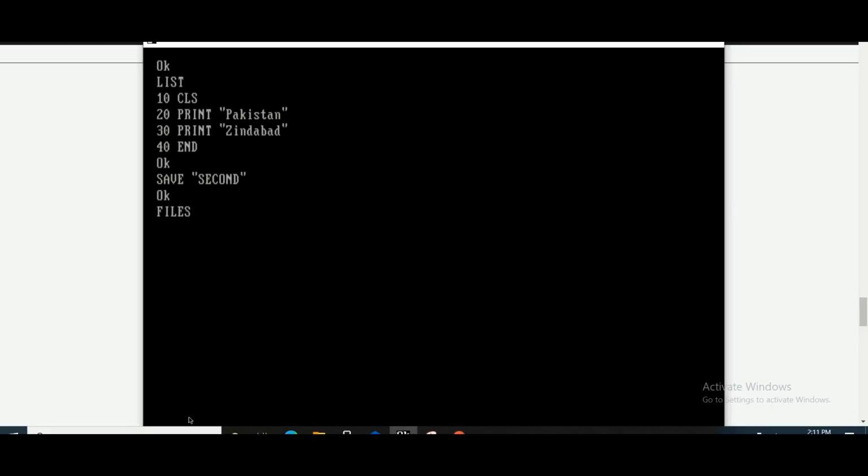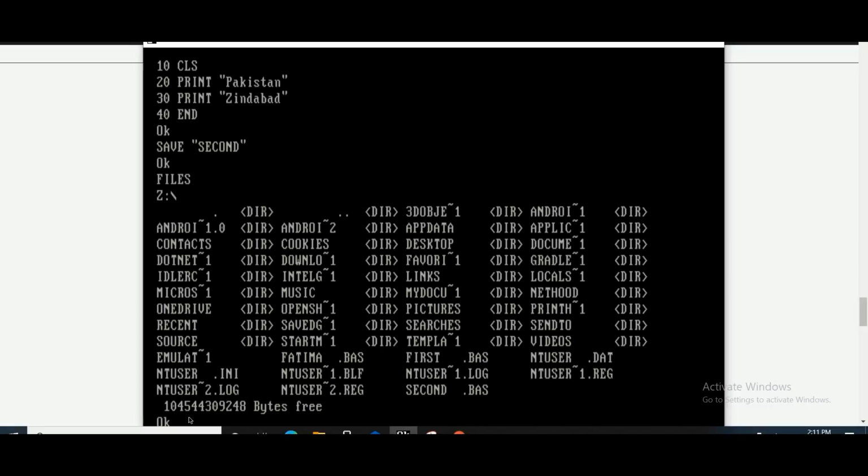Now let's see whether this file has been saved or not. When I use files command, you can see second.bas has come here. So it means that my program has been saved with the name second.bas. Mind it, the name of the program should be logical.